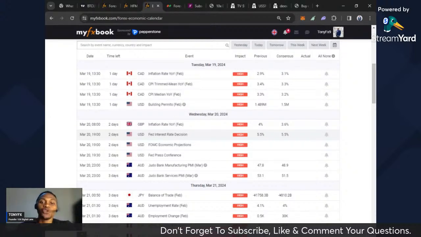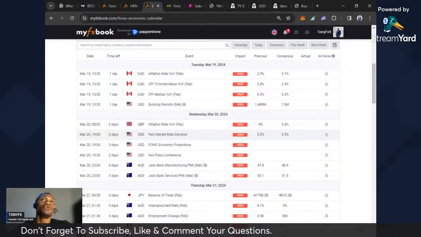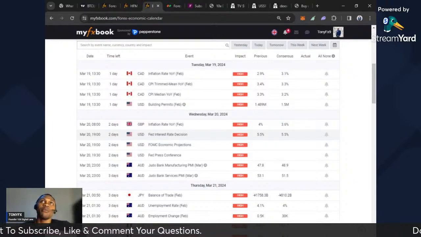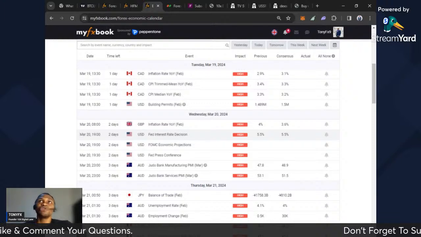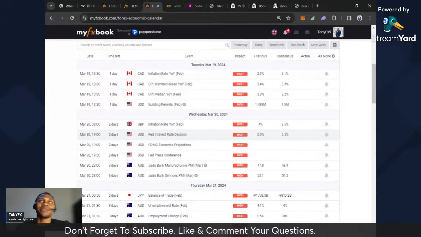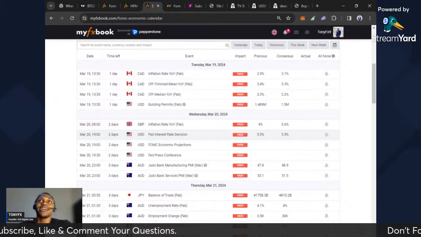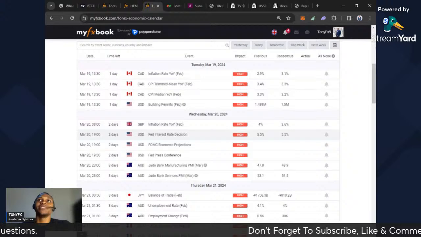Okay, so what they do mainly is increase interest rates so that they can reduce inflation. But since the interest rate was pegged at 5.5% since last year, I think October, it was stable. Inflation was stable for some time, but right now inflation is picking up. Since inflation is picking up, the Fed has to take action, and the only way they can take action is